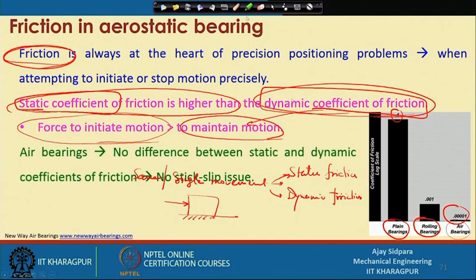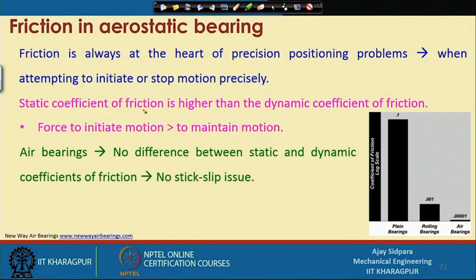But what is the advantage of air bearing? It does not have a difference between the static coefficient of friction and the dynamic coefficient of friction. That is the advantage of using this particular part, because we know that there is no direct or physical contact between the two surfaces, and at that time you can easily start the component, because there is nothing in between these two, only air flowing. So, your force to initiate the motion and to maintain the motion are both the same,